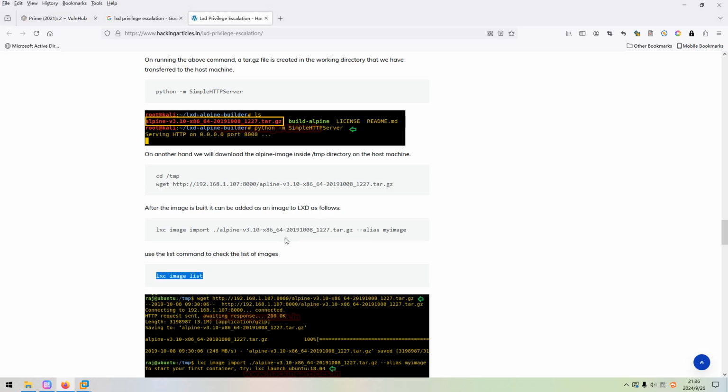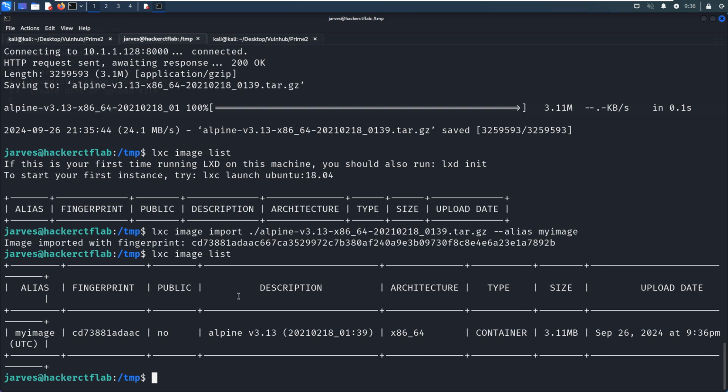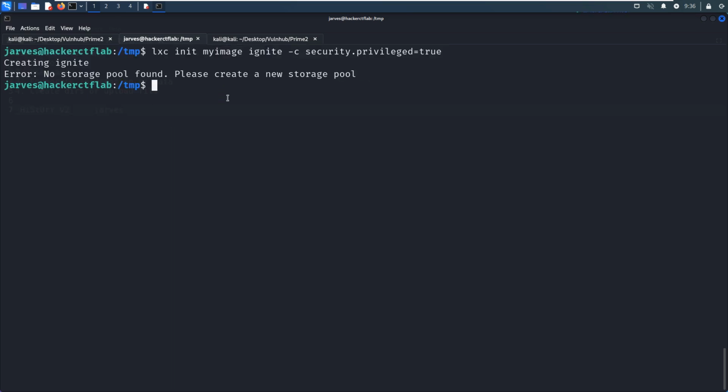Next, we can run this command to initialize the container. However, we got an error. Possibly you will get a similar error, no storage pool found. How to fix this issue? It is very easy.